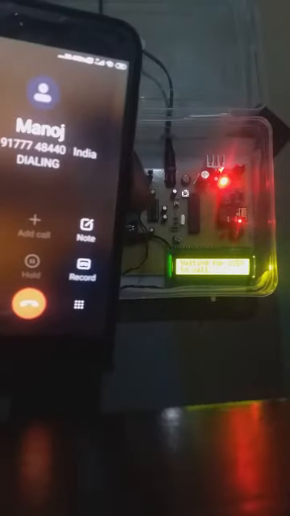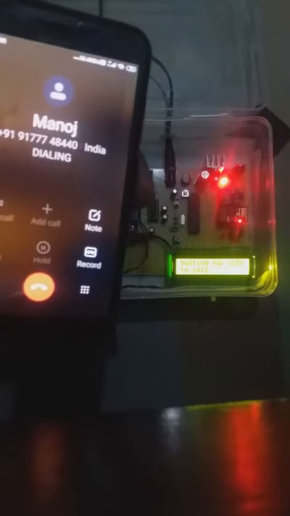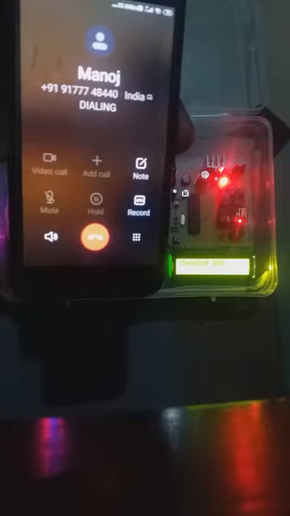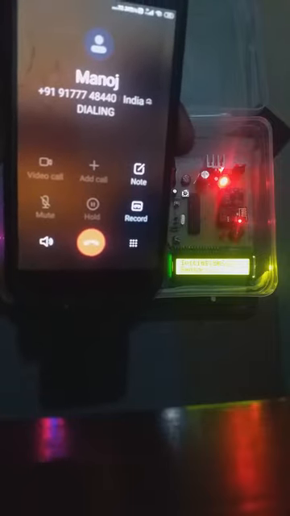We insert a SIM in the GSM module, and it will display receiving call from number. Once we had tried this. So the display shows the number and sending SMS. The acknowledgement message is sent to the concerned person, and this message is configured by the user. So here is the message we received.